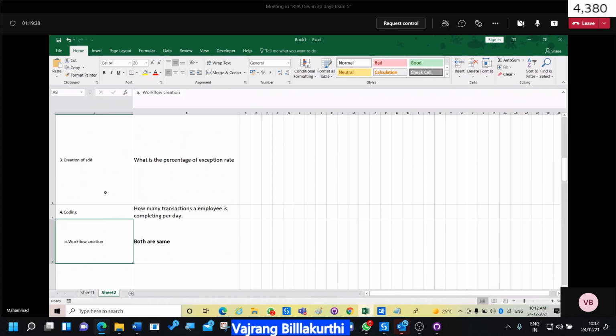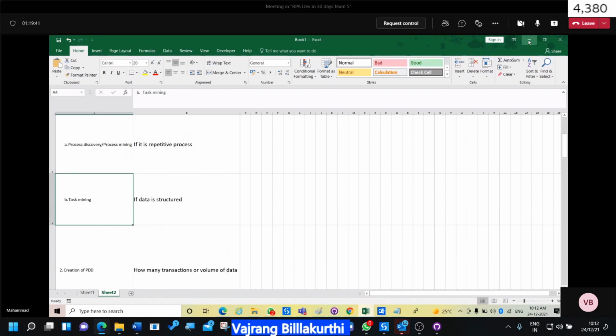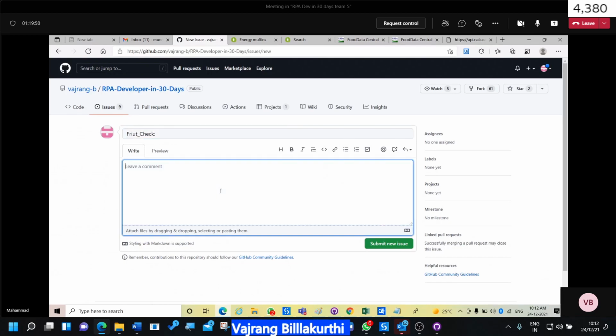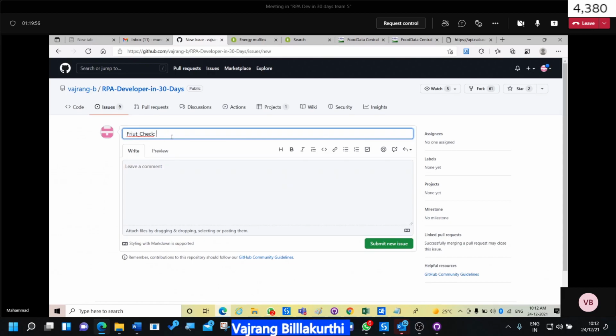That's correct. What are the modules that you can have? Just write development, fruit check development. Later you can write all the tasks after creating PDD and STDs. What was it? Design a code. Develop code.